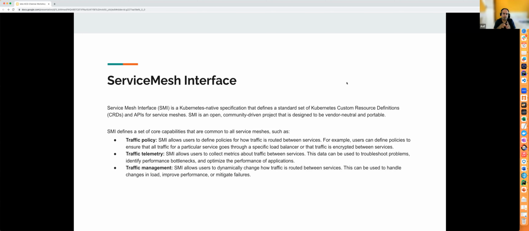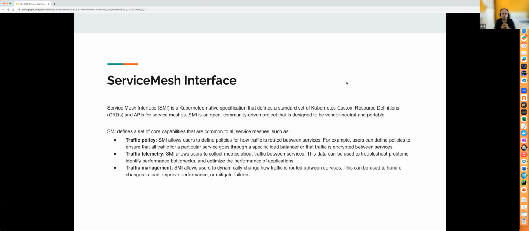In the same way, service mesh also has an interface, SMI, which defines the standard of the APIs. Standard of APIs of what? The way we configure these applications, the service discovery, the traffic policies, telemetry, and management. So the community came up with SMI, so that if you are running an application on one service mesh today and want to move to another service mesh tomorrow, you basically don't need to do anything.